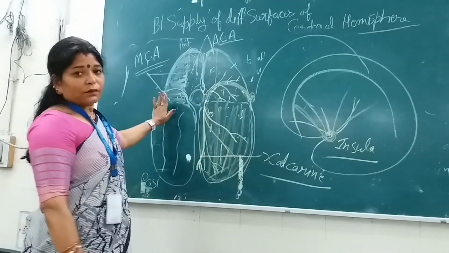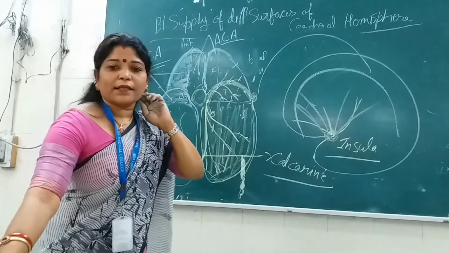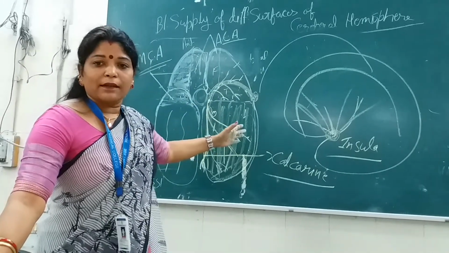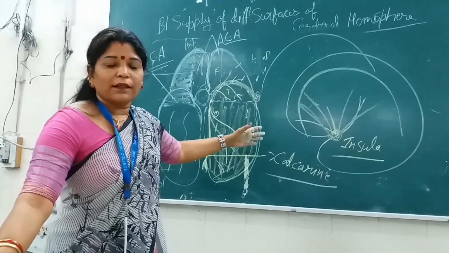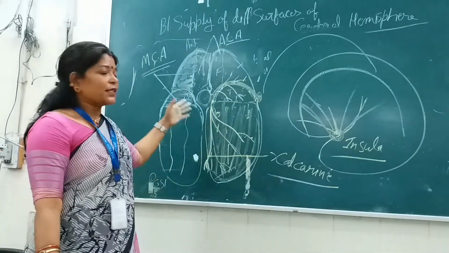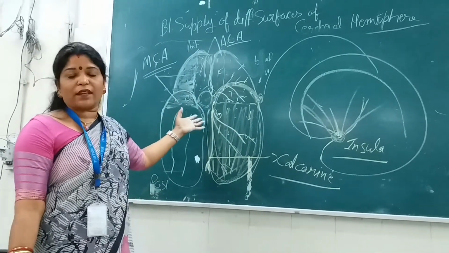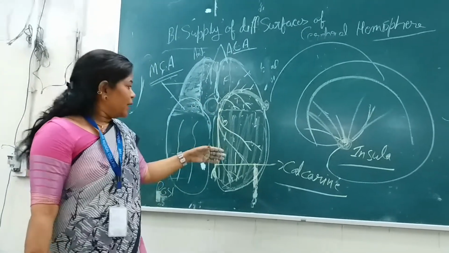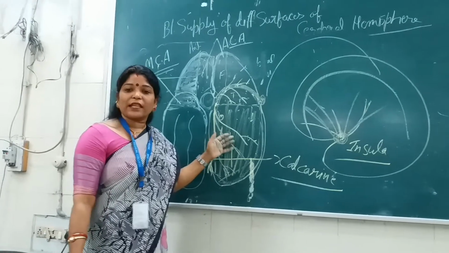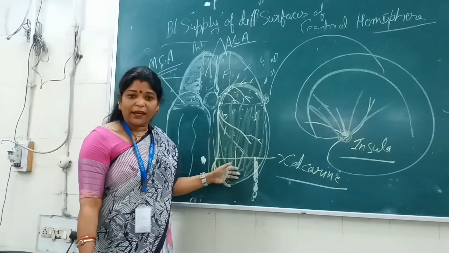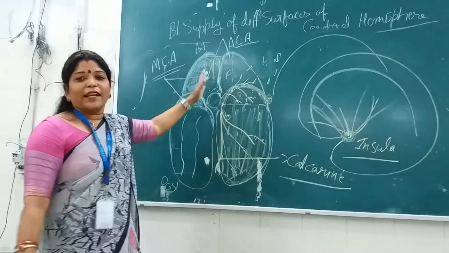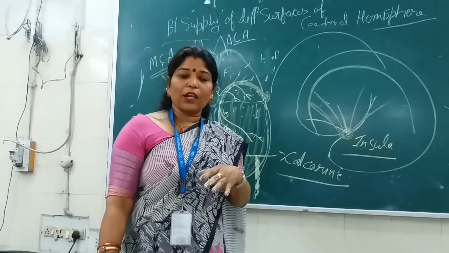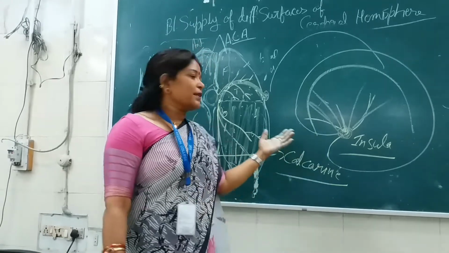So now it is clear how the surfaces get their blood supply, yes or no? The middle cerebral artery supplies Broca's speech area, the motor speech area, the sensory Wernicke's area as well as the auditory area. The posterior cerebral artery takes charge to supply the visual area. The anterior cerebral artery supplies the area for the leg and foot, motor or sensory both, along with the perineum. So it is like that.